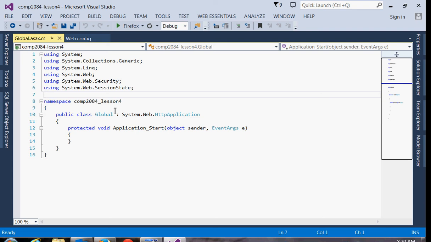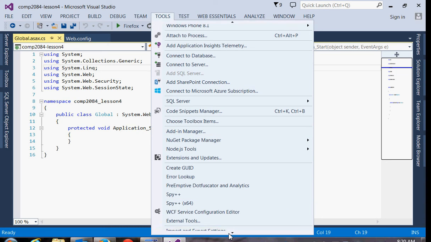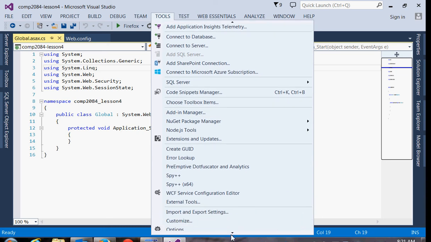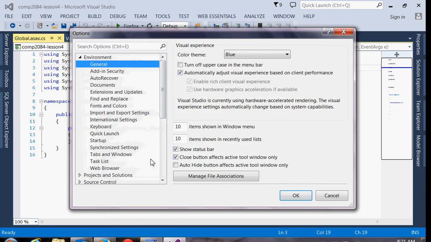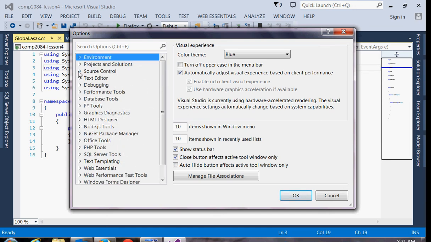And if you're using the lab computers, we want to turn the line numbers on. They're off by default. And the way you turn them on is under Tools. And right down at the bottom is Options. When you click Tools and Options, this little window pops up. It defaults here to the first section that says Environment General. If I just close that up and go down to the fourth element, which says Text Editor,